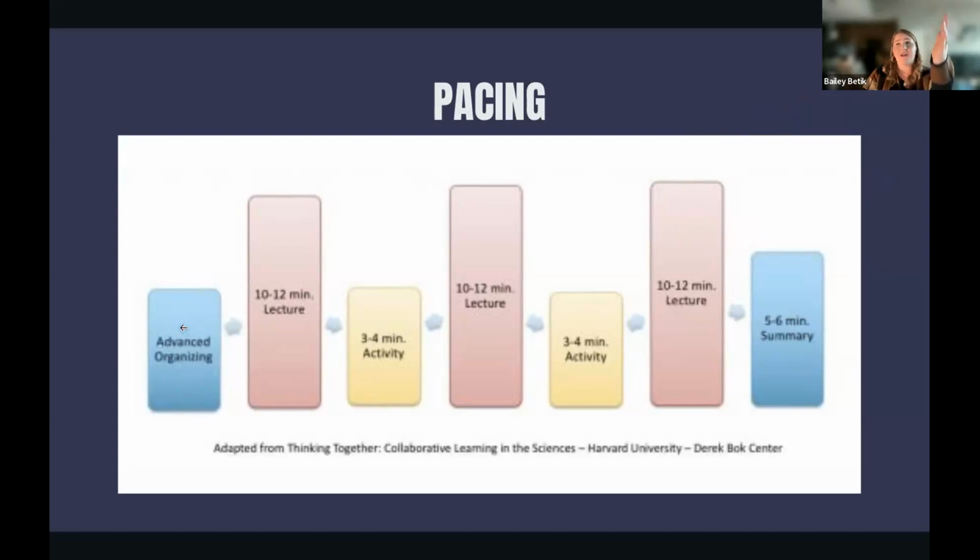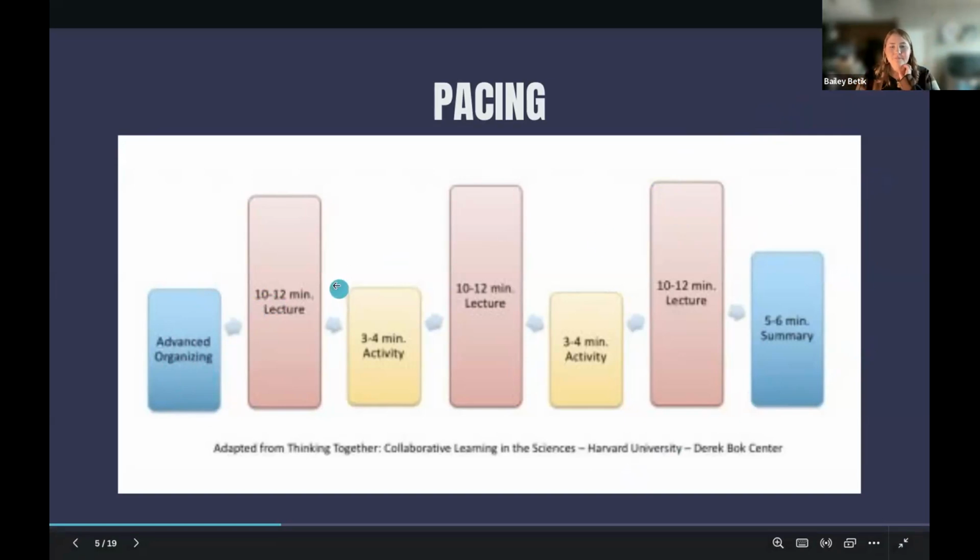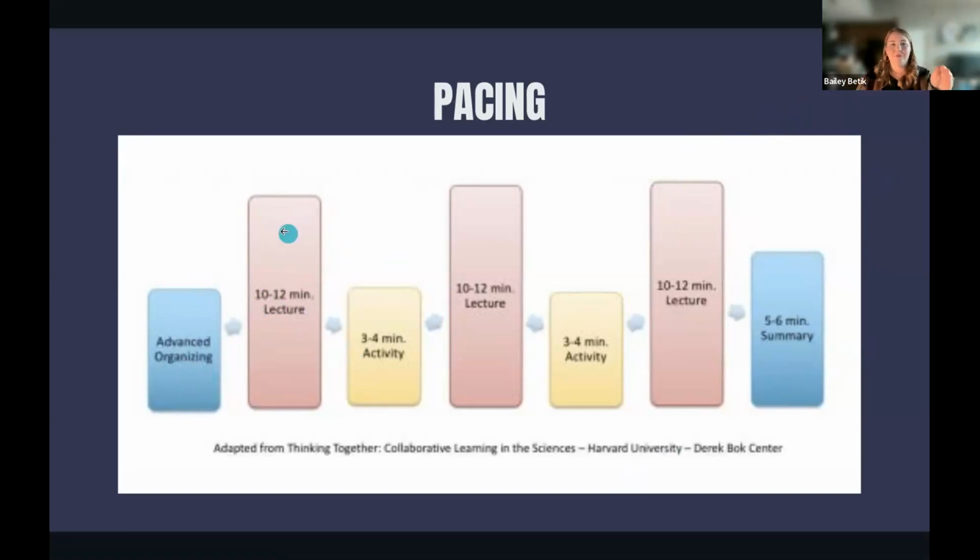As the presenter, I did a lot of work organizing these different activities and the slides, rather than just going in without an agenda. I think advanced organizing always makes a more successful Zoom meeting, as well as planning for breaks. Right now, we're at this 10 to 12 minute lecture point. We're going to do some activities in a second, but alternating between them and breaking up the learning with a variety of different things instead of just going full out for 2 hours about one thing with one person talking, giving folks then the summary period